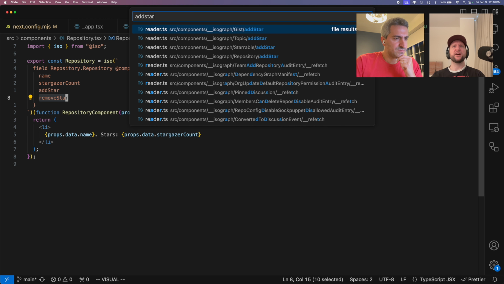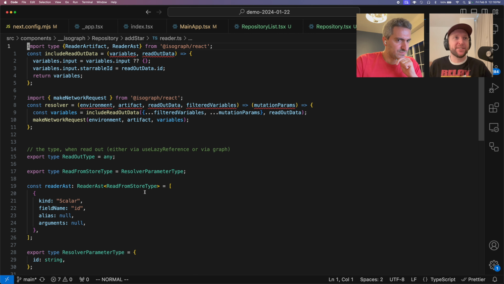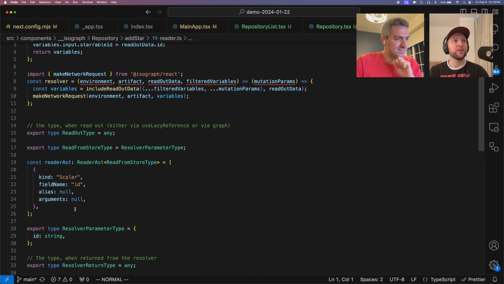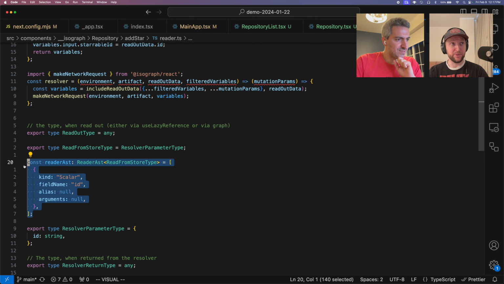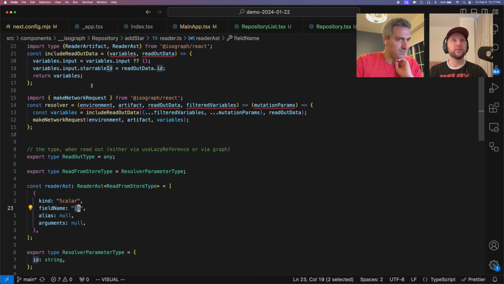So for example, yeah, actually we can see that because we selected these fields, we end up getting, I wonder if we can have add star. Yeah, actually we can see. So this repository add star file has been generated. Again, generated file, lots of stuff that TypeScript doesn't know about. Doesn't agree with. So we need to clean that up. The point is, it has this reader AST object, which knows I'm going to select this ID field off of this repository. And then when we call make network request, we call this include readout data function, which says variables.input is variables.input, variables.input.starable ID is readout data.id,